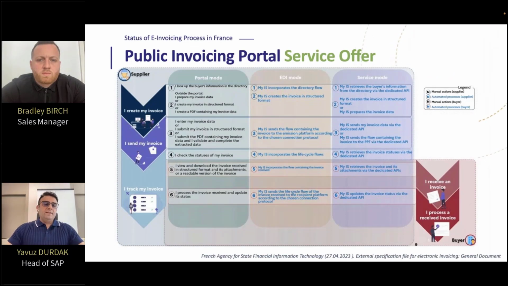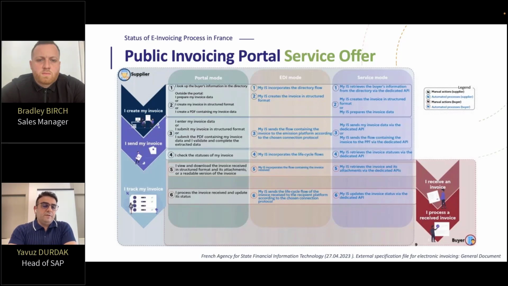Here you can see the offerings by the public invoicing portal. The public invoicing portal provides services in three distinct modes: the portal mode, the EDI mode, and the service mode. Portal mode can be used by small enterprises especially, because portal mode is a manual mode. The companies should visit the government portal, log in to the portal, and create and upload the invoice to this